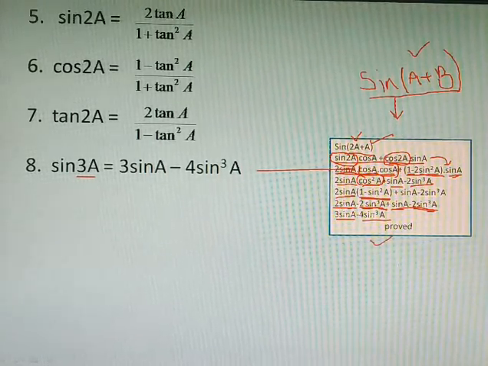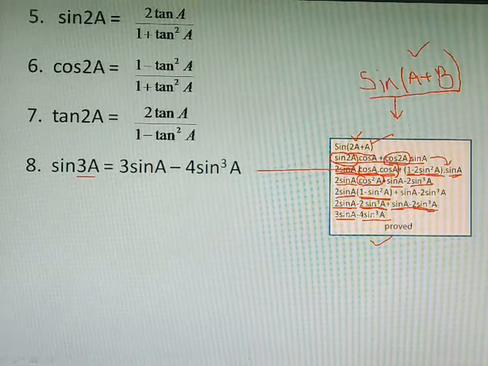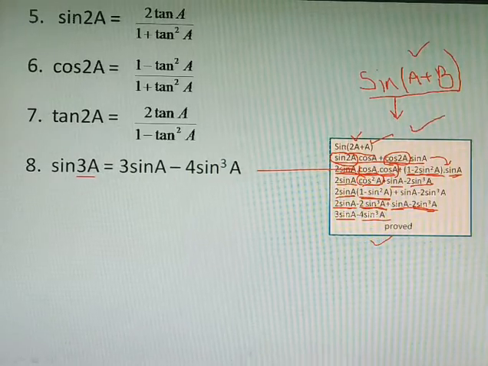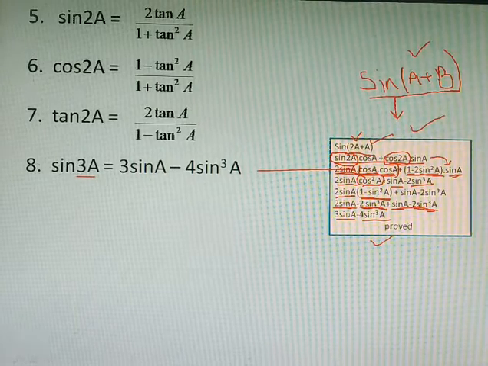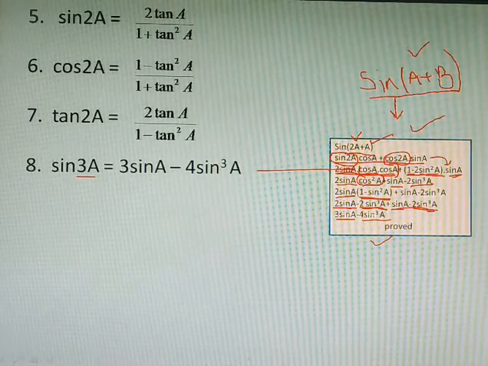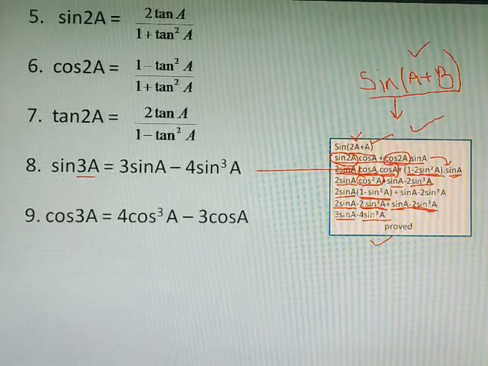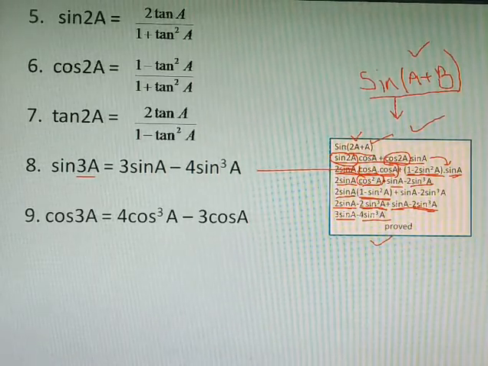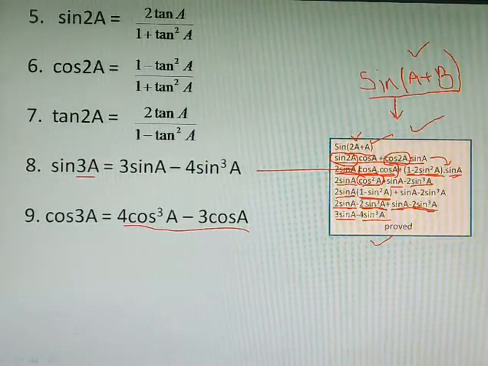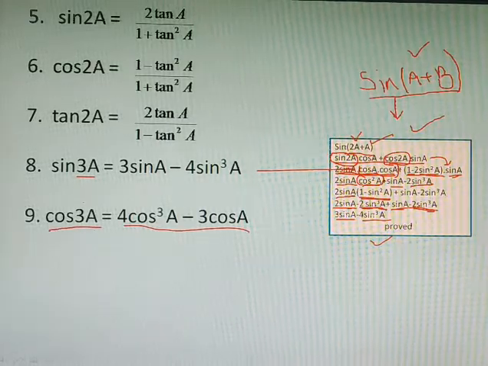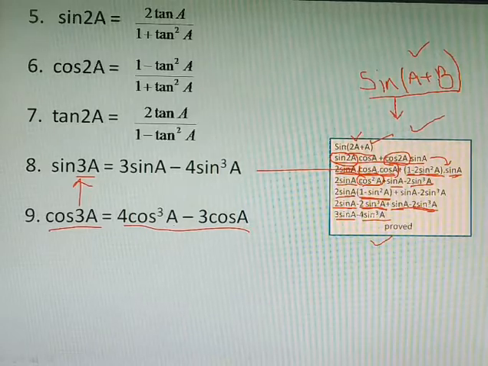So this is one of the proofs that you need to practice for your exam. This is a separate proof that you need to practice, though I have included this while proving formula number 8. So let's move to the next formula. And in the next formula we have cos 3a is equals to 4 cos cube a minus 3 cos a, and this can be derived in the similar way that I have done for formula number 8. So you just practice it.